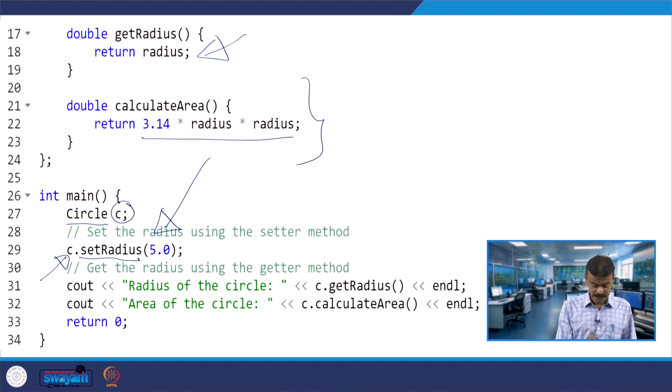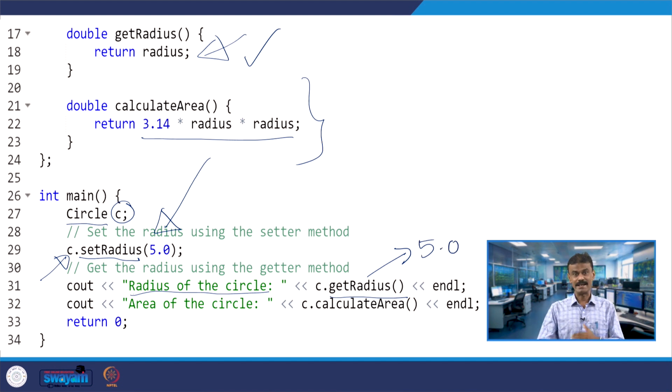Now let us say cout, radius of the circle. C is invoking the getRadius function, which will call this member function, return radius. What is radius? 5.0. So the first output I have to get is 5.0.